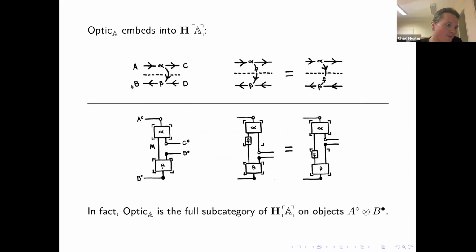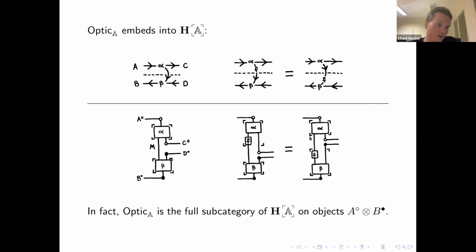So there's this optic diagram about what an optic is in the intuition, and if we try hard enough, we can draw that using the cornering machinery. So here we've got a wire coming in from the left and a wire going out the right, and below it we've got one coming in from the right and going out the left, and that's got the same shape that this diagram here does. And it turns out that this works formally as well. It's not just that they have the same shape,